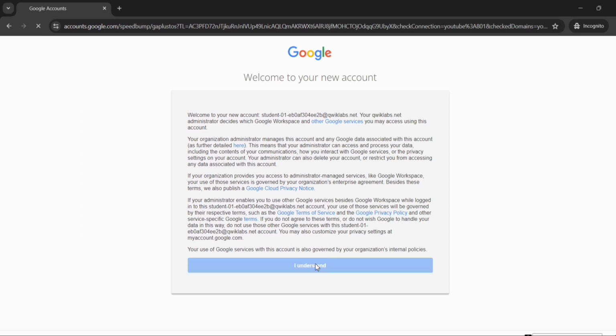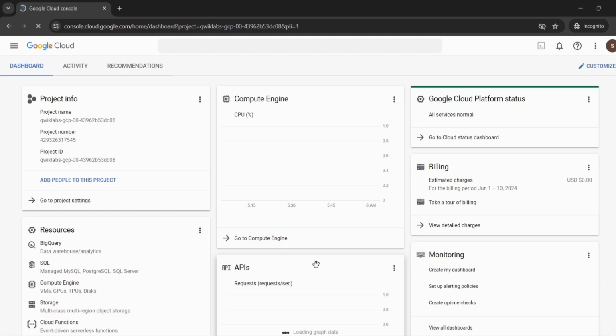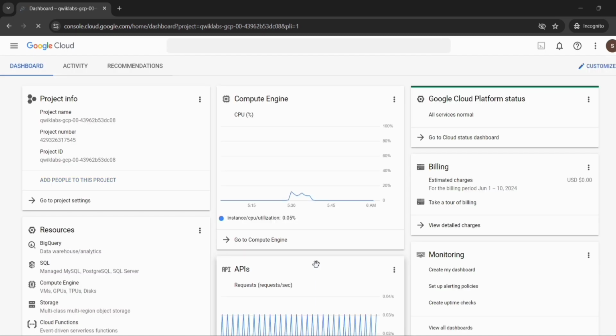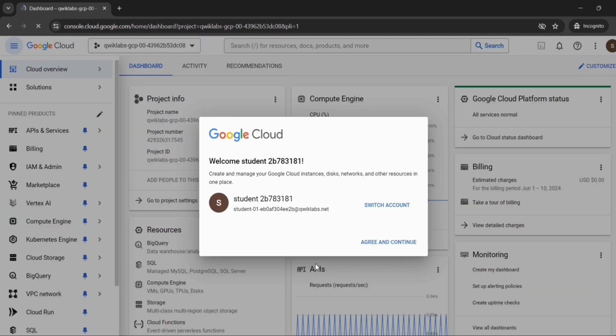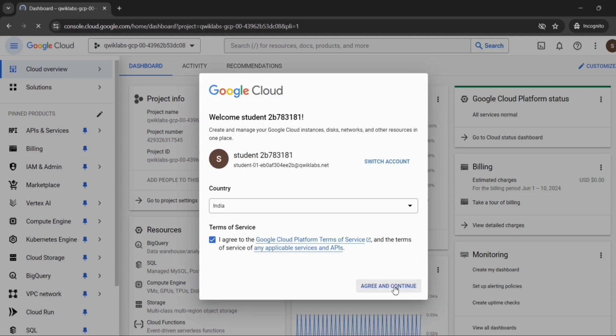Now click on I understand. Now tick the checkbox and click on agree and continue.